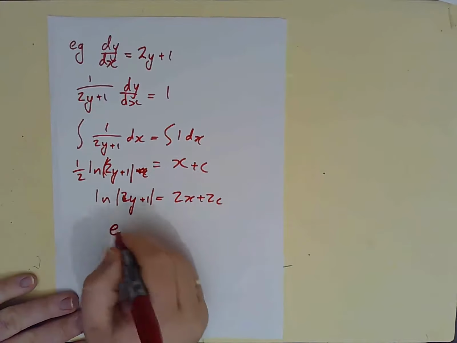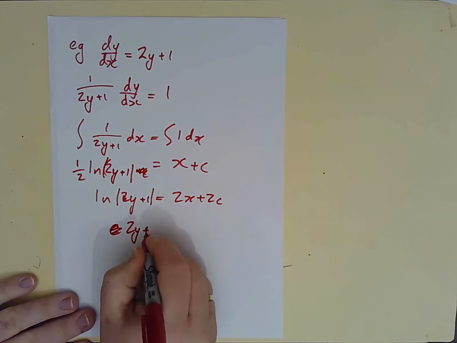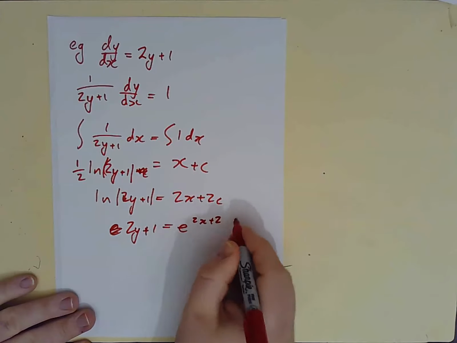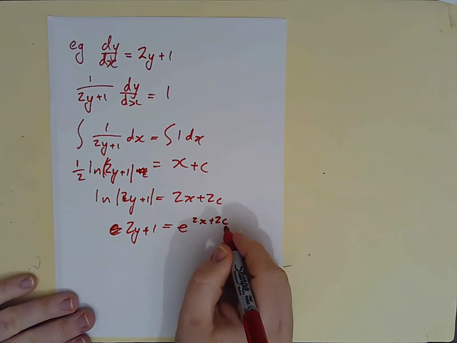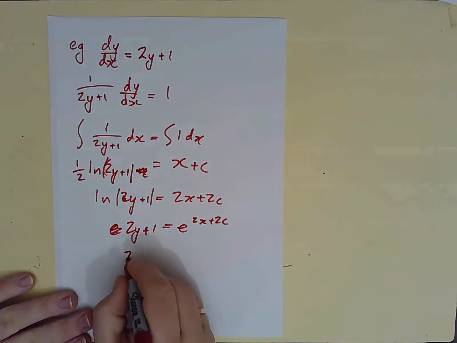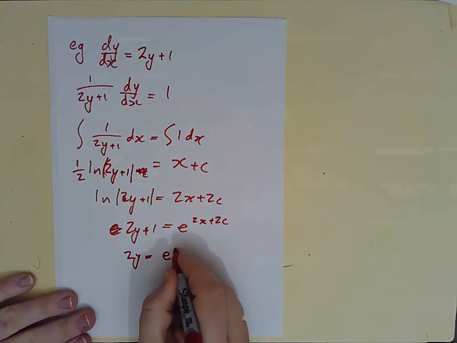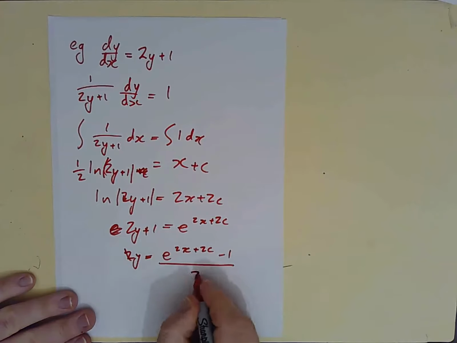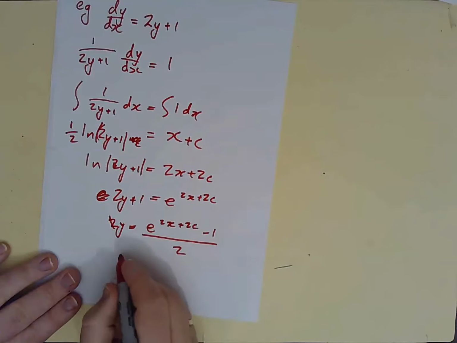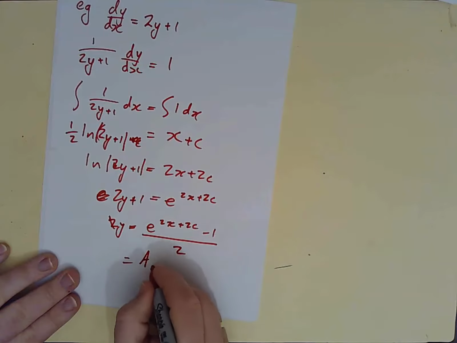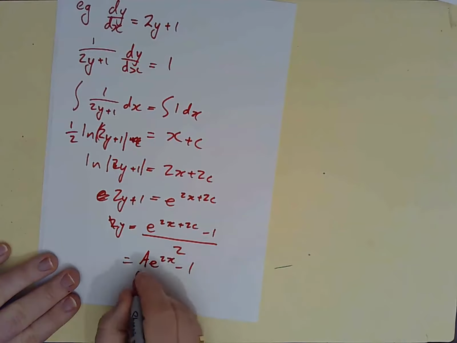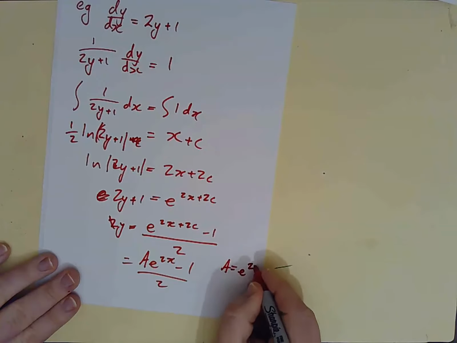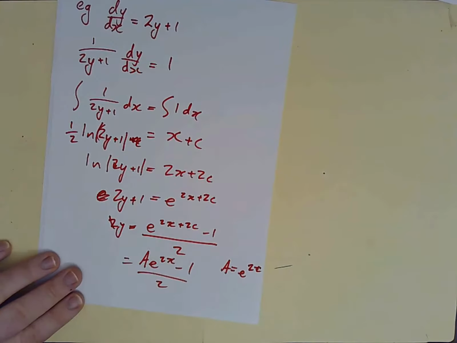Now I need e to the both sides, so this is going to be 2y plus 1 equals e to the 2x plus 2c. And then minusing 1, y equals e to the 2x plus 2c minus 1, divide by 2, and I've got my solution. However, we often write this as a e to the 2x minus 1 over 2, where a equals e to the 2c. Using our